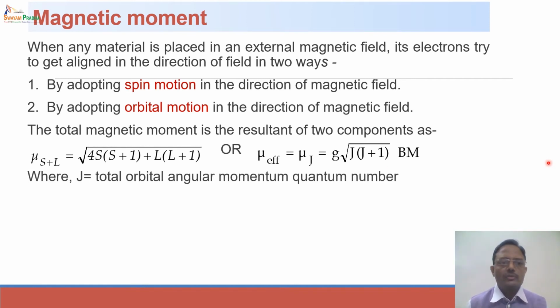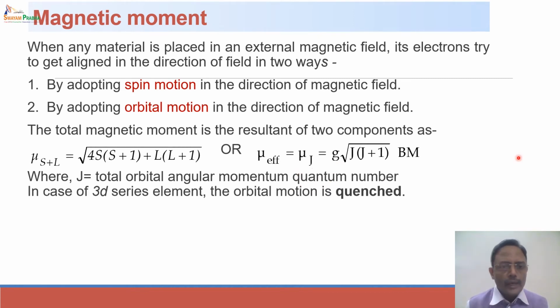That is, j is called the total orbital angular momentum quantum number, and small g is called the Landé splitting factor. Now in case of 3d series elements, the orbital motion is completely quenched because of very strong interaction with the ligands. As a result, this L part is not considered and the spin only magnetic moment is given by the formula